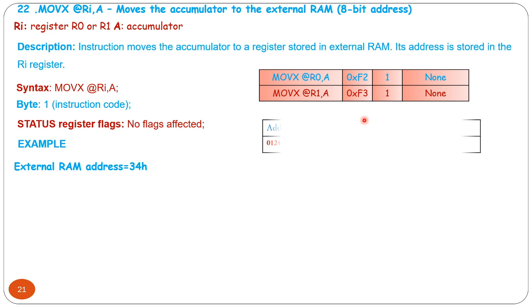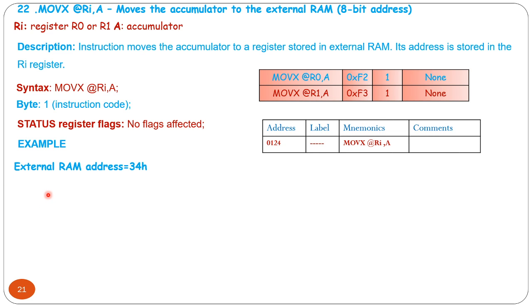So this instruction, external random access memory is suppose 34H. When this instruction MOVX @RI, where RI may be R0 or R1, executes, the content of accumulator moves to that memory location.